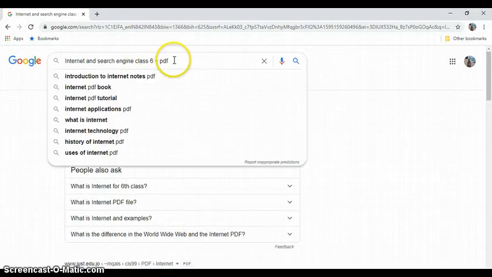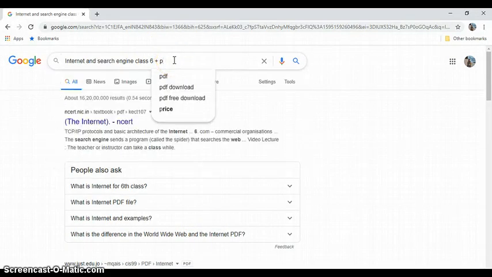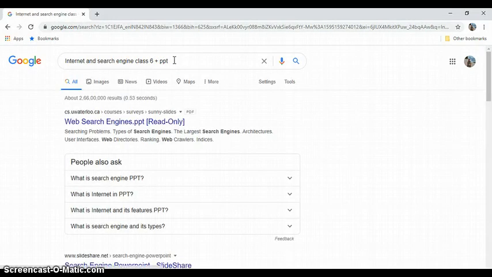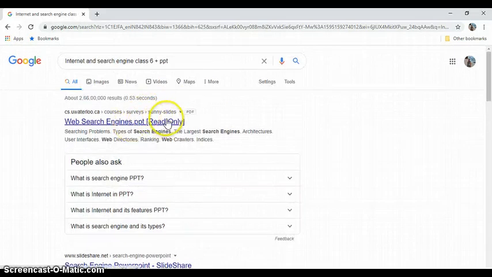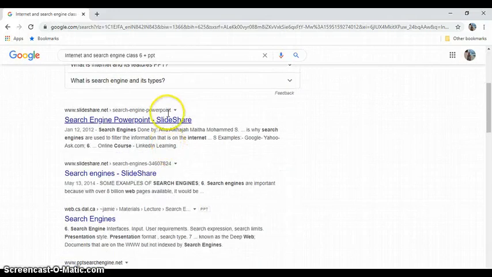If you want a PPT, that is PowerPoint presentation, you will write PPT and you will click on the enter button or the search button. So these are the different PowerPoints on your topic. This is PDF, and here this is a PowerPoint presentation.